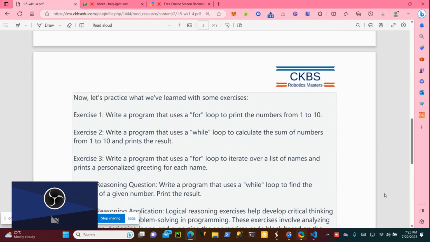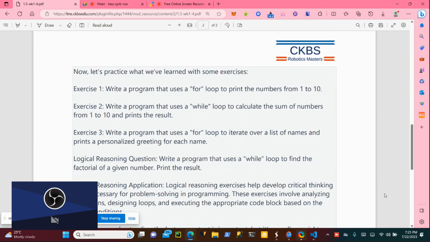Yes, sir. Okay, so now let's see. Do we have some exercises here that we need to do? Now we can practice. So here, write a program that uses a for loop to print the numbers from